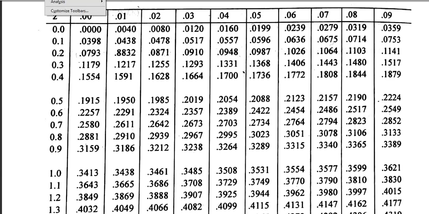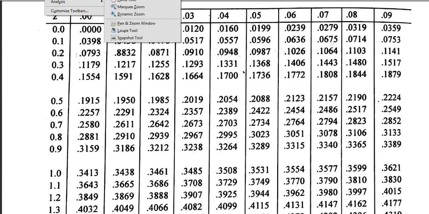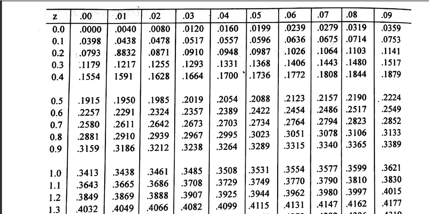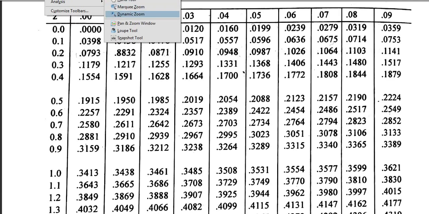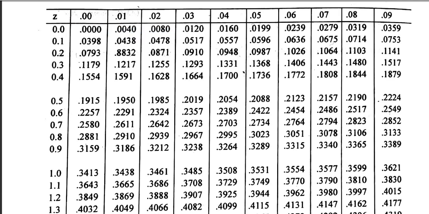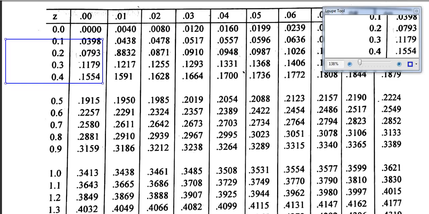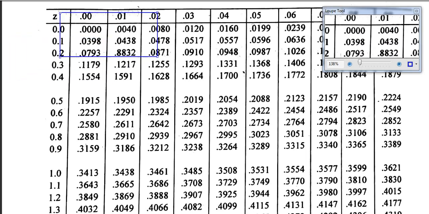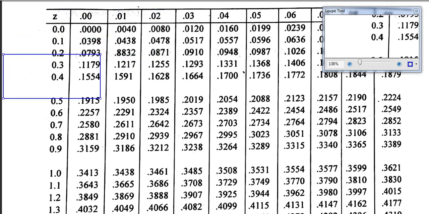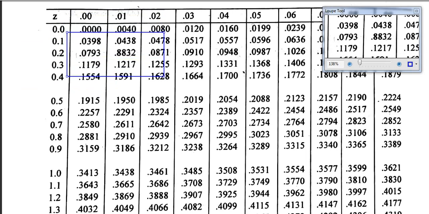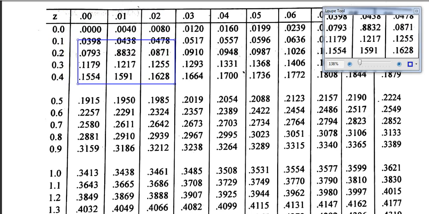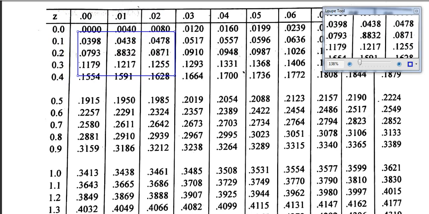If we have to calculate z is equal to 0.3 and 0.01, so 0.31, this is equal to 0.1210.